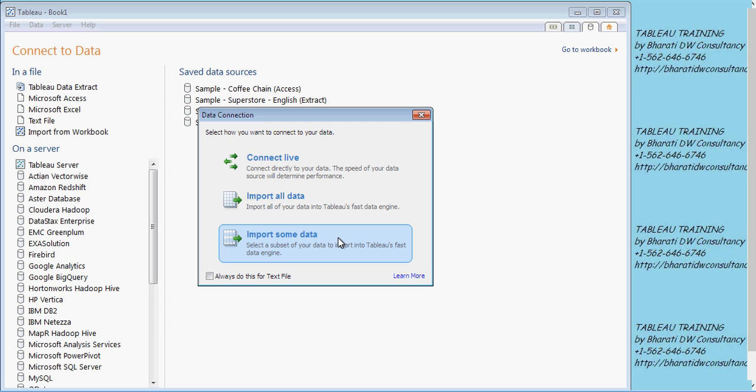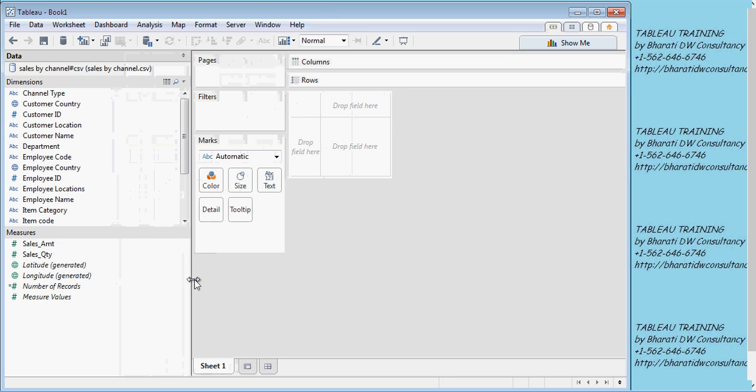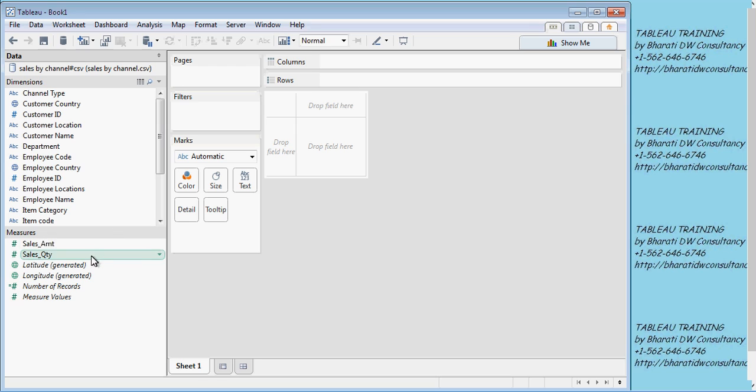Now, on the left, it has tried to distinguish between dimensions and measures. Let's take a moment here to understand what dimensions and what measures are. Measures are like facts, like sales amount, sales quantity, and dimensions are channel type, country, anything which you can base your analysis on. Dimensions are the basis of analysis, and the measures will give you numbers. So let's do an analysis here. I'll rename that sheet as channel type analysis,